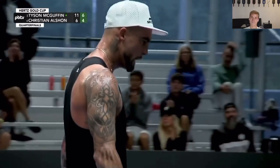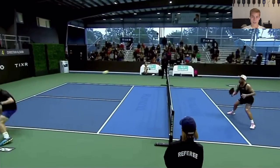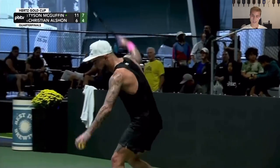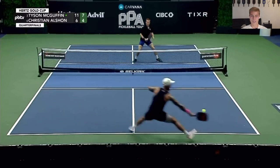That's a good point there from McGuffin to go from a hand battle to choose to slow one down. Dave Fleming was the one that titled me the Tweener King. It was 8 months ago now, and I embraced it for a while. I mean, I kept hitting a lot of tweeners while I was playing. Some of them weren't too smart,